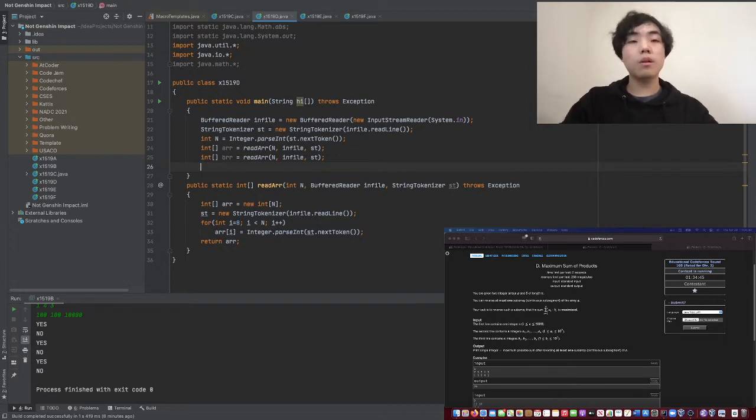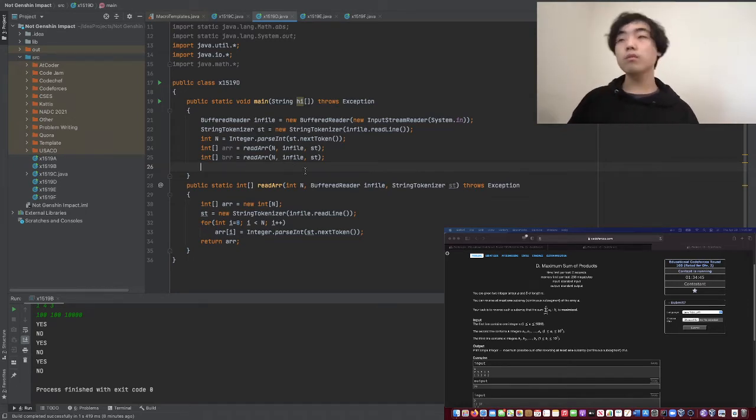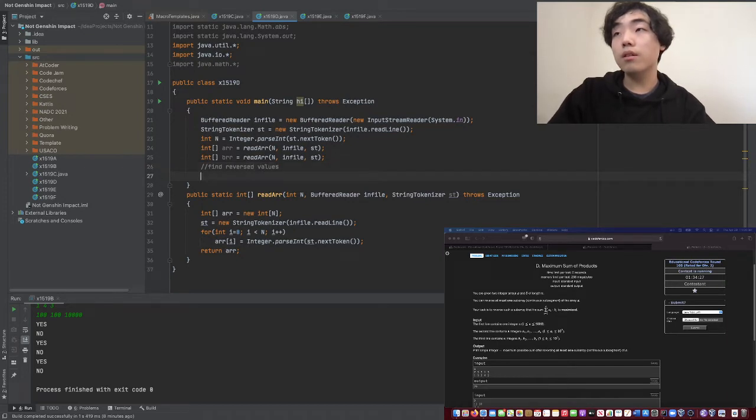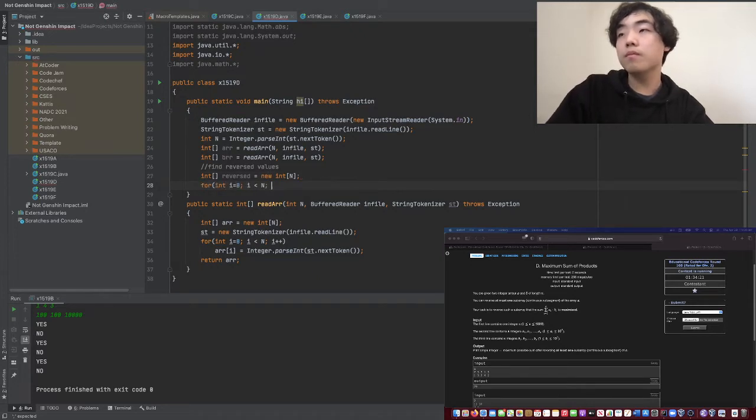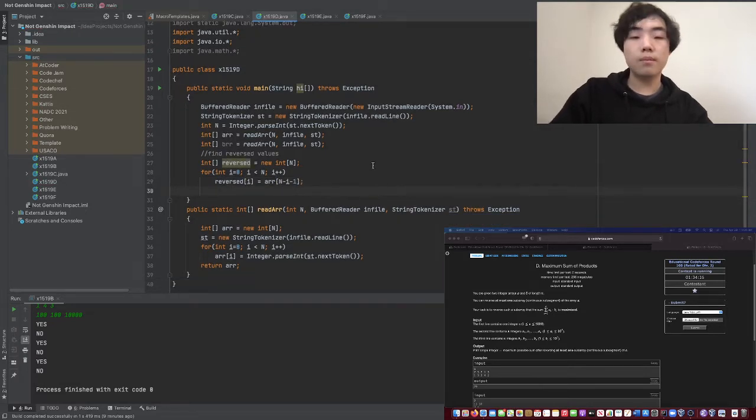Okay, so pretty much we want to find the prefix and the suffix, and we also want to be able to pre-compute for every reverse subarray what its corresponding value is. So find reverse values int. So reverse to I is equal to array I minus 1 minus I. Okay, and then we do